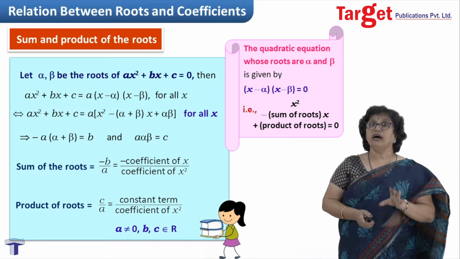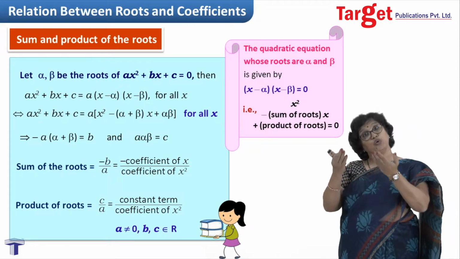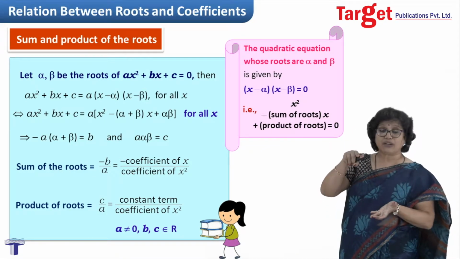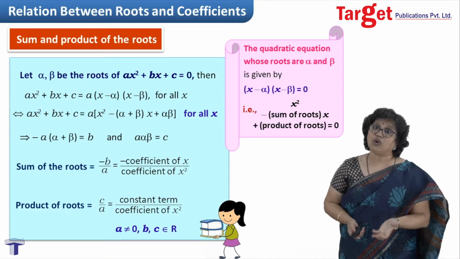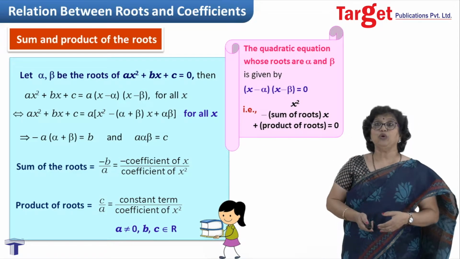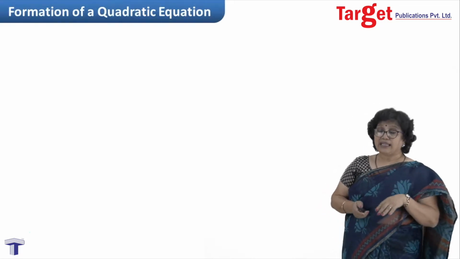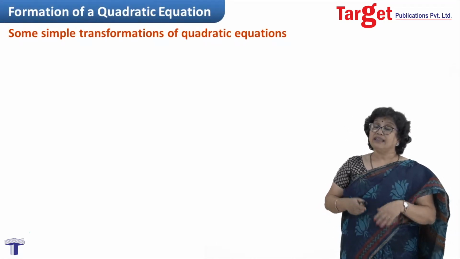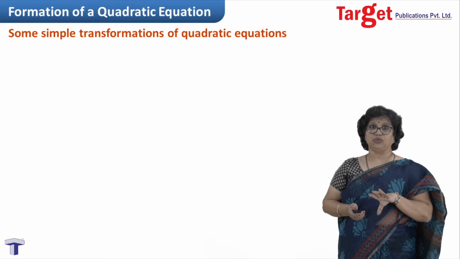So you have a quadratic equation when roots are known to you, and the other part was if the equation is given to you and we proceed towards the sum of the roots and product of the roots. Now you may not be so fortunate every time that a simple equation is given to you. That you have already done in your previous classes. Let us move one step further.